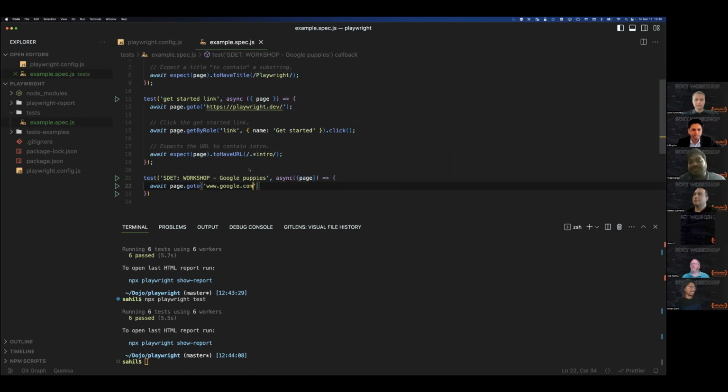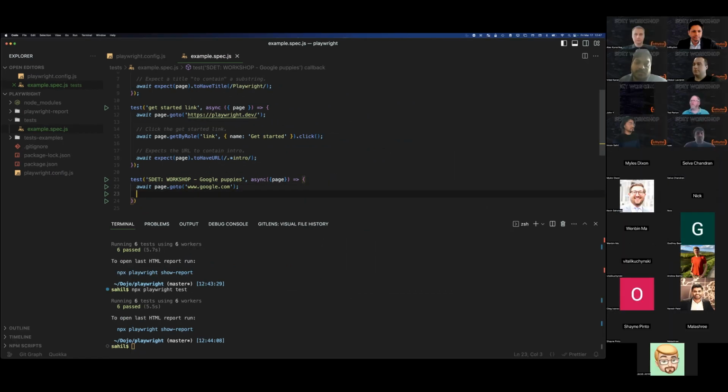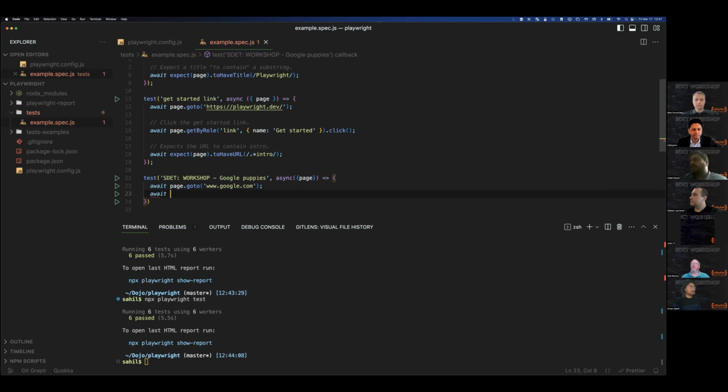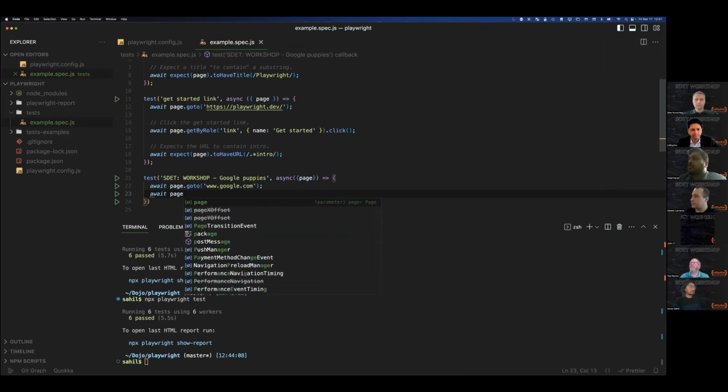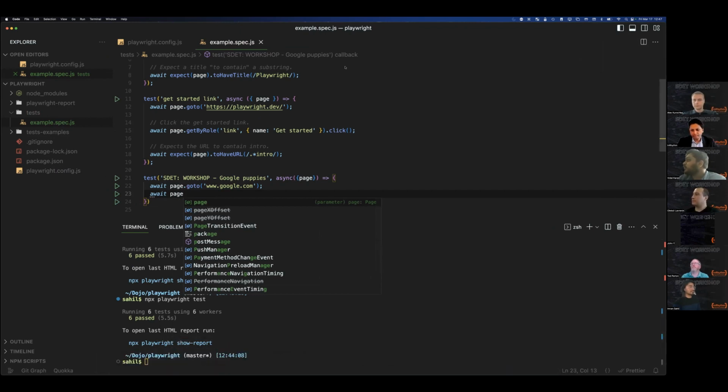So next up, we'll have to type into the search box. You need your semicolon. And then we'll do await page, and we'll have to get the locator of the search box. Let's see if we could do it by name.